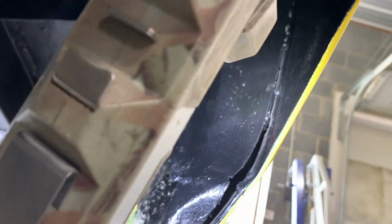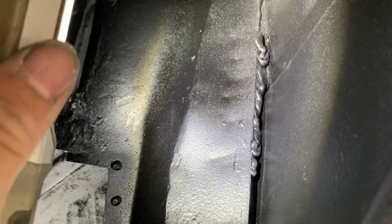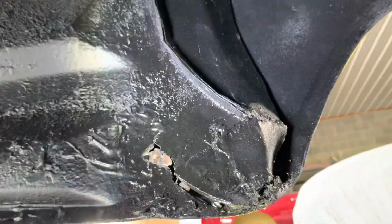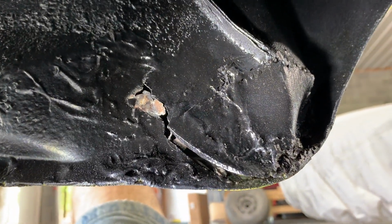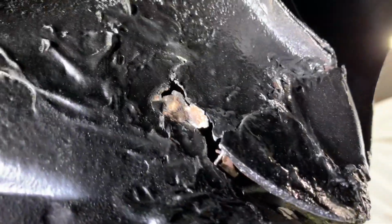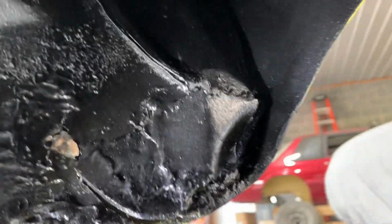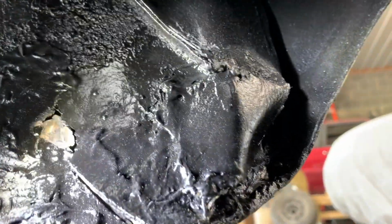There's actually a good sized gap down here at the bottom going into the trunk. They somewhat sealed it with seam sealer up at the top, and then got down here and it's just nothing but a gap. And then down here, these are new quarters, by the way. It is rust and barely attached down here. Seems like if I would have put new quarters on it, I would have replaced that too,